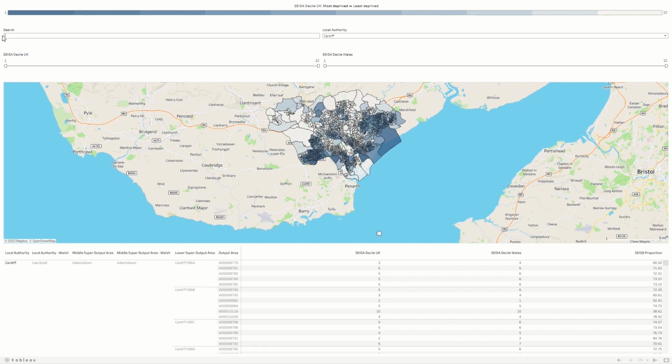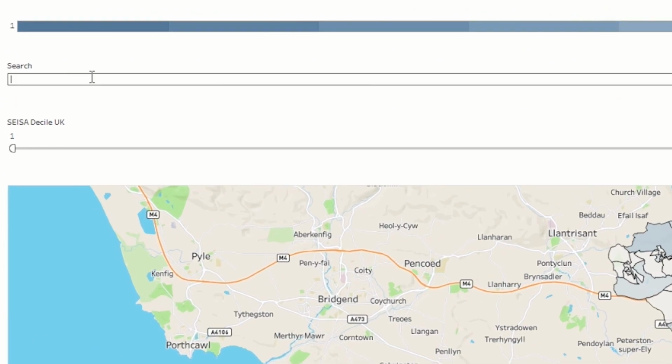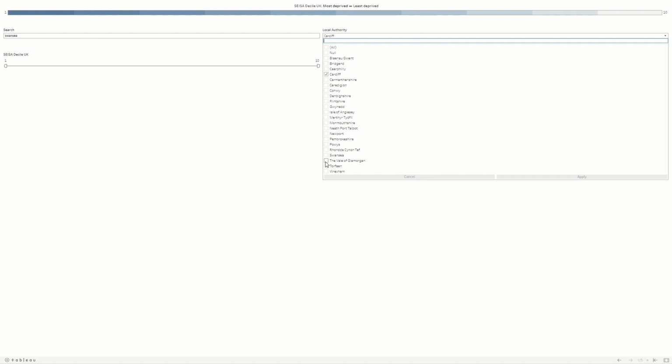Depending on what filters you have applied, you may receive a blank screen after searching for a valid search item. For example, if the local authority filter is set to Cardiff and you search for the Swansea local authority, you will receive an error screen. This is because Swansea does not appear in the restricted dataset for Cardiff. You will need to expand the local authority filter to include the area you are trying to search for.